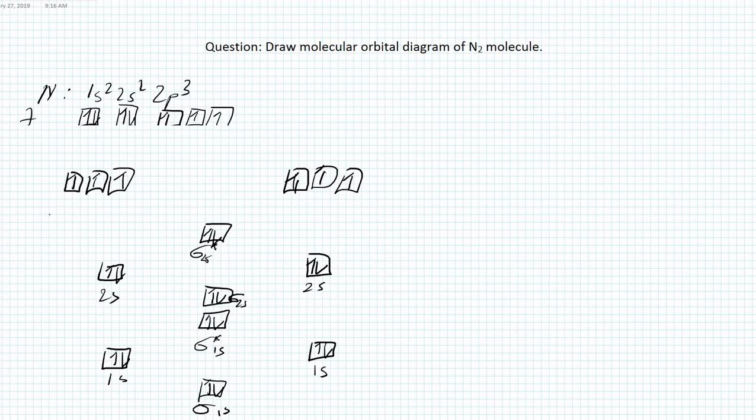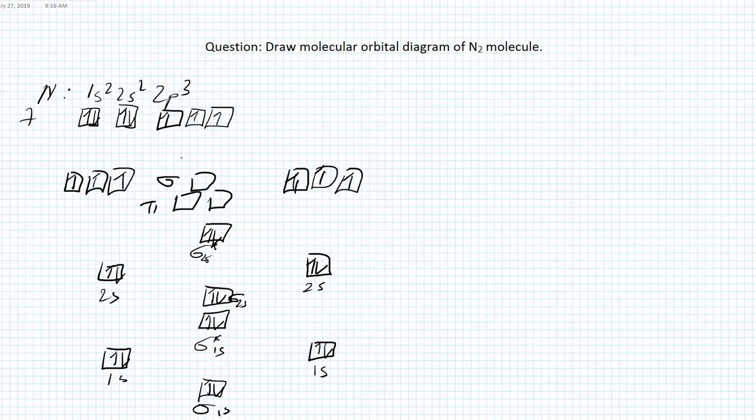If we mix 2p orbitals, the first molecular orbitals we are going to generate are the pi bonding molecular orbitals, the first ones, and